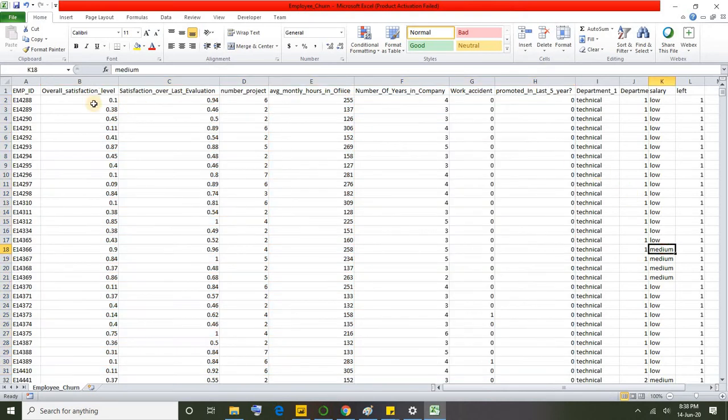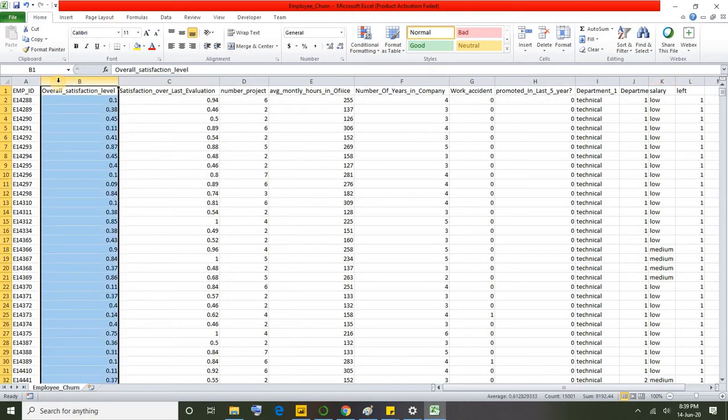Alright. In fact, I used the same dataset in my previous video as well. There I predicted employee churn by using Azure ML Studio. I showed you guys how we can deploy the predicted model to a web service, and finally we integrated that model to Power BI. We passed input values in Power BI and got the predicted result. So that's what we did in the previous video. Now I'm going to show you guys how we can directly do machine learning in Power BI by using Python coding. Alright, let's get started.